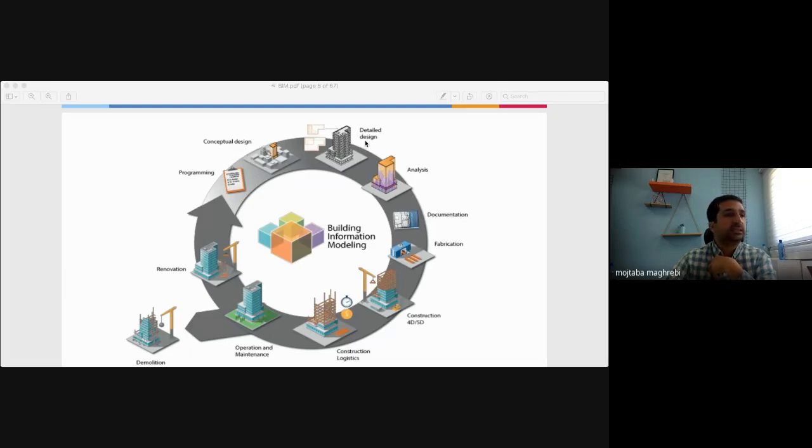When we start detailed design, for the analysis of energy, we have tools we can use for BIM, for documentation, for prefabrication and fabrication, for construction, and for operations. For all of those stages, you could use BIM, and we have a wide range of applications. We have two big companies in the world. One of them is CostX.